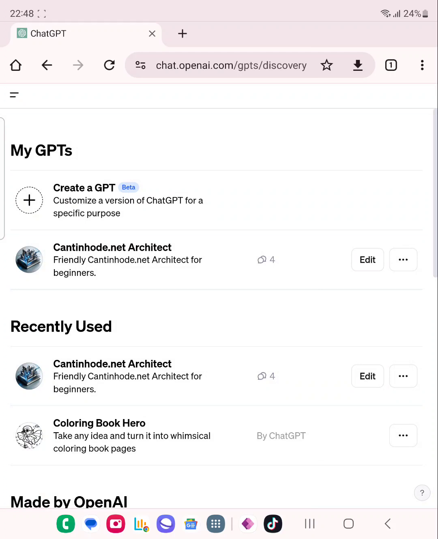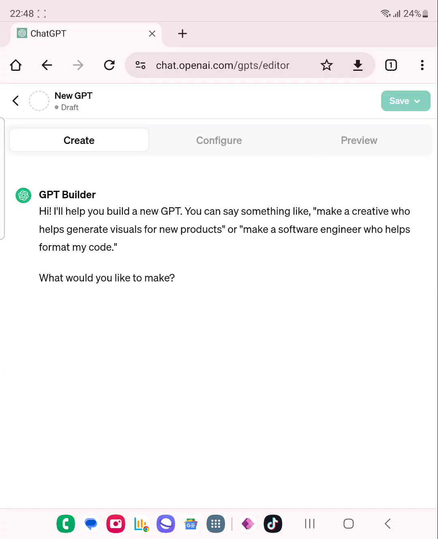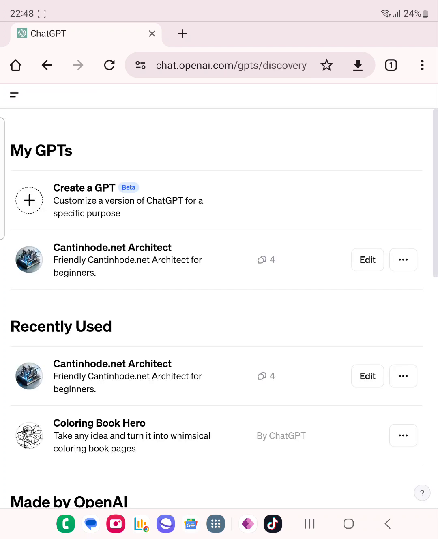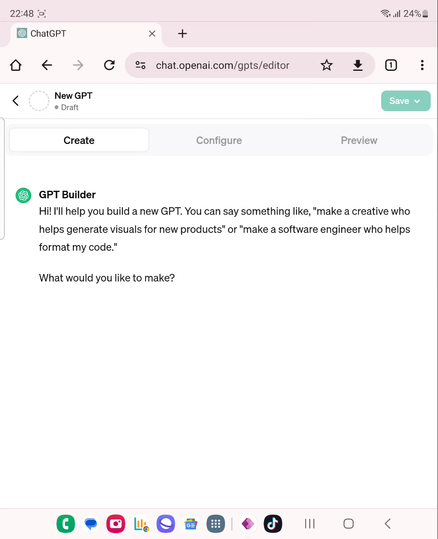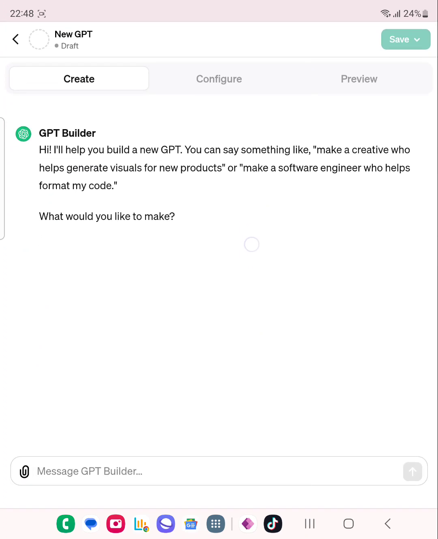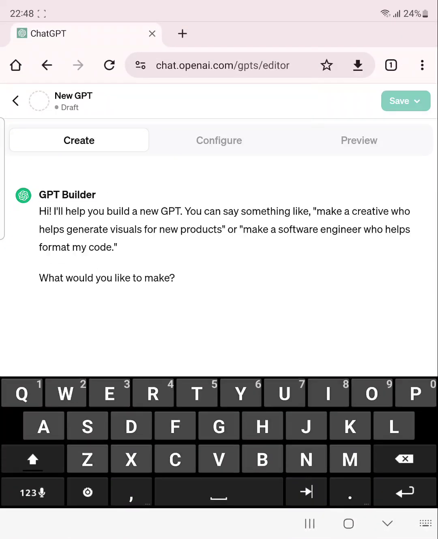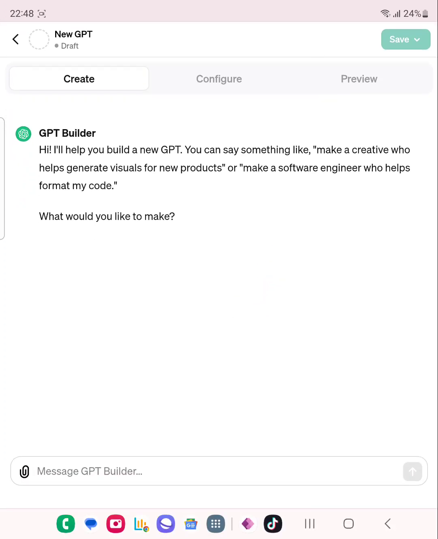In Explore, you can see Create. I will show you how to customize a version of ChatGPT for a specific purpose. What would you like to make? For example, we will set up a new GPT. Okay, let's see it. For example,